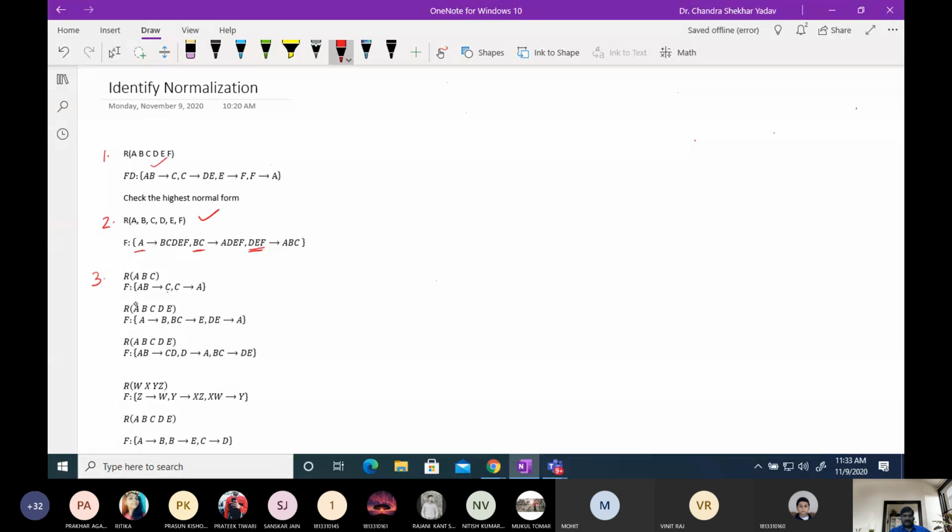बताइए कैंडिडेट की। Vineet Rai, कैंडिडेट की फाइंड आउट करिए। AB determines C and C determines A. कैंडिडेट की कौन कौन सी है, मल्टीपल कैंडिडेट कीज है और सिंगल कैंडिडेट कीज है।